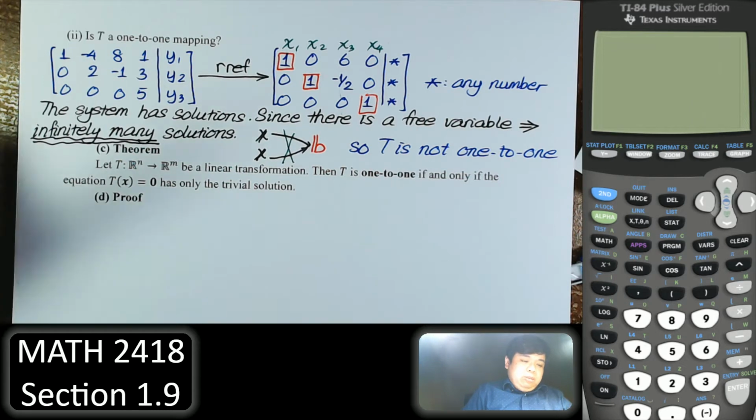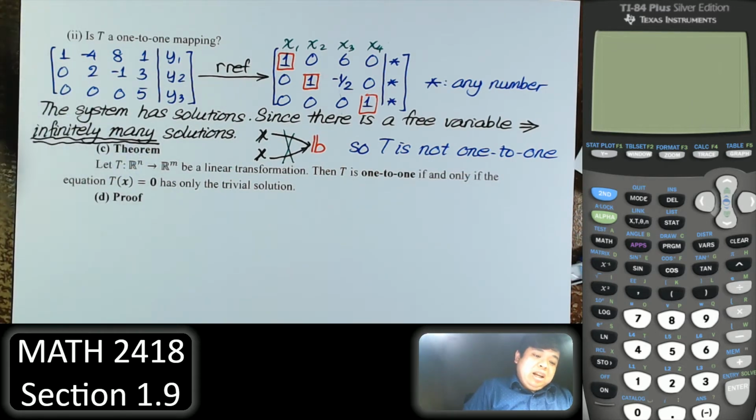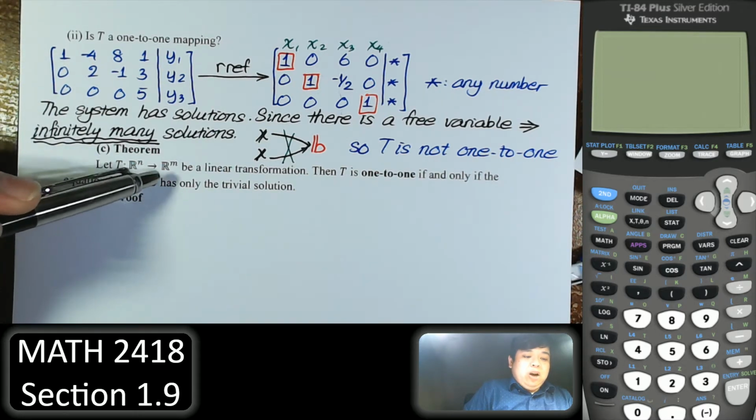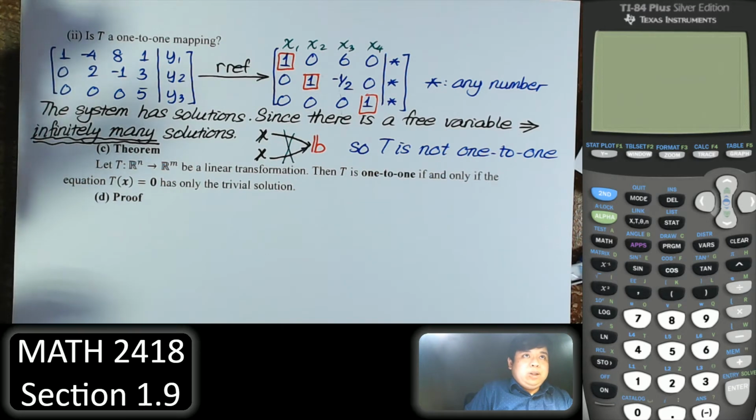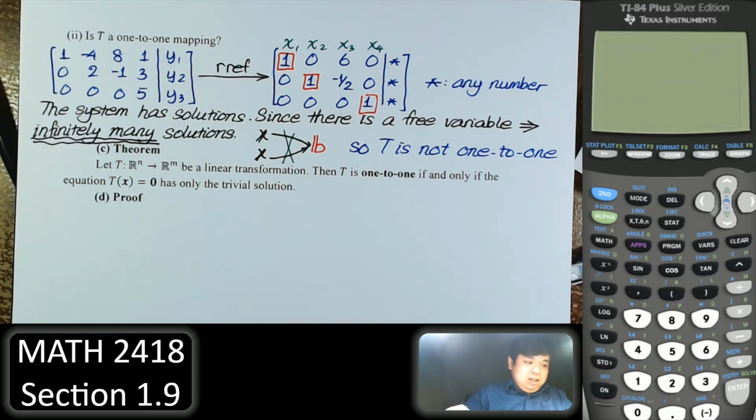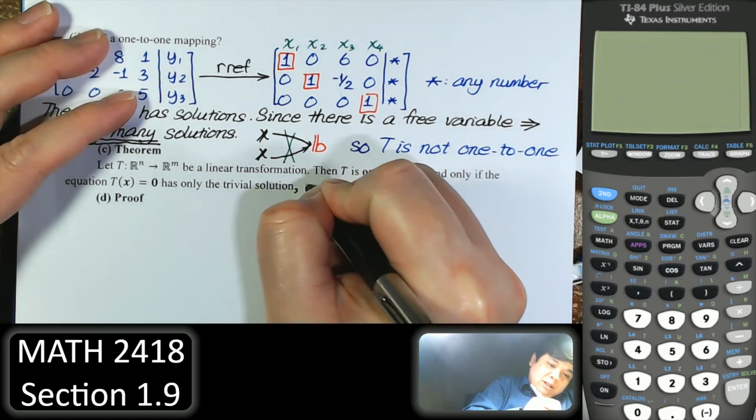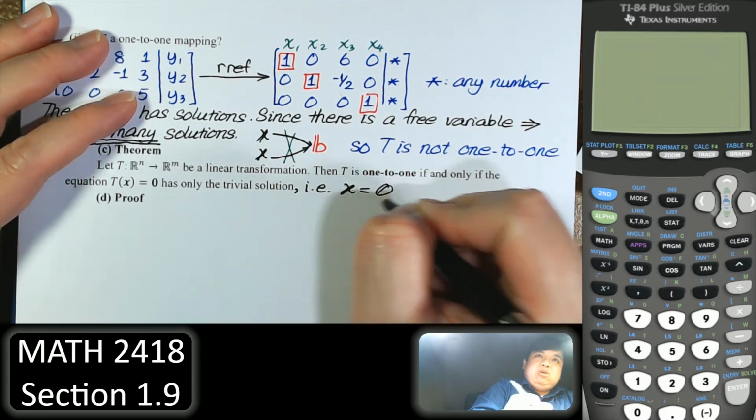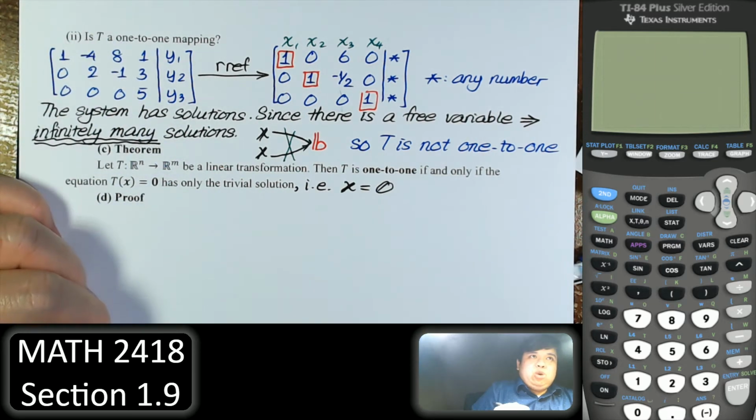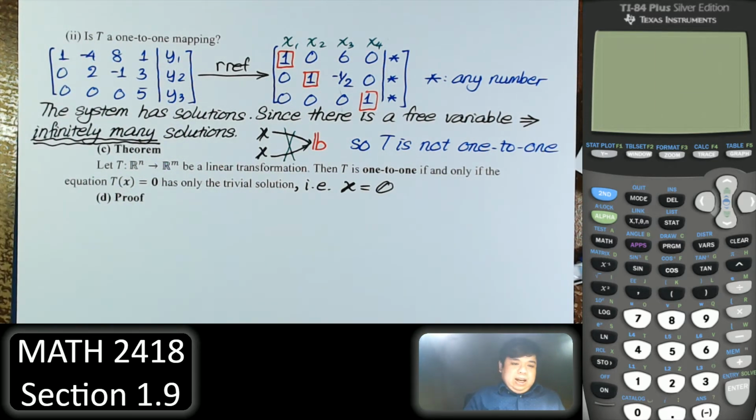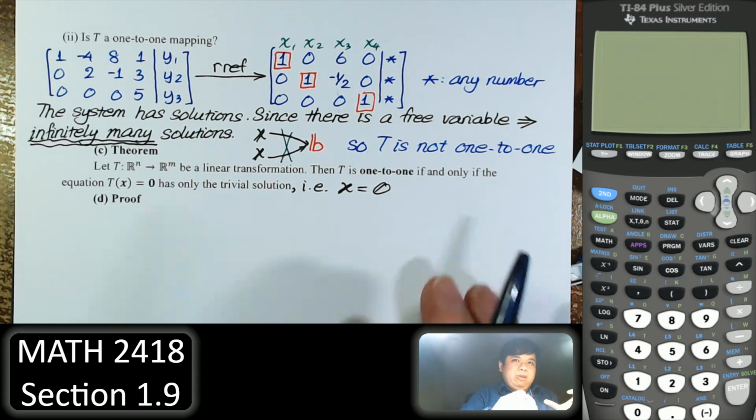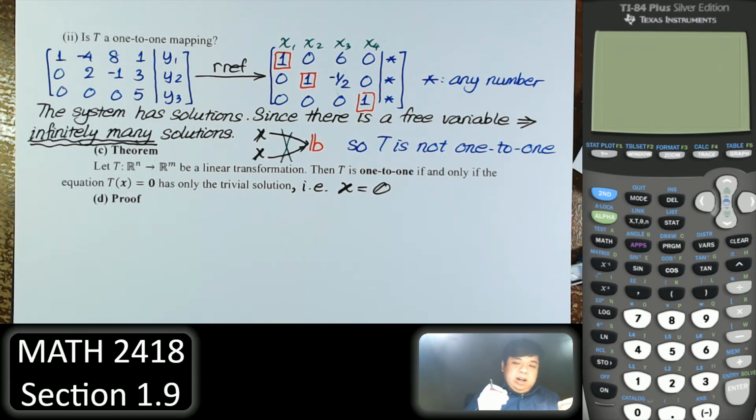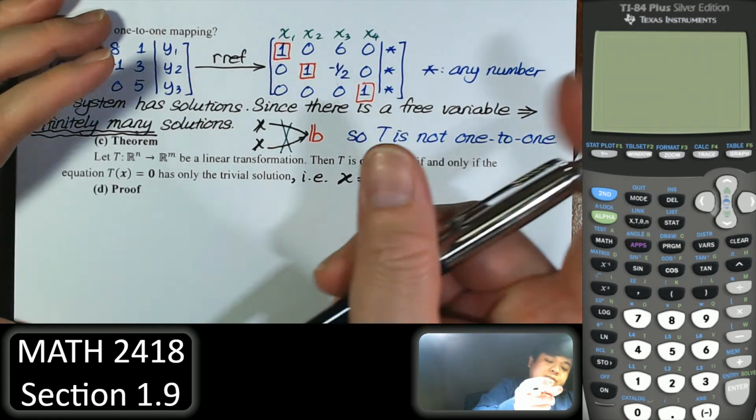Now, a theorem. Let T from Rn to Rm be a linear transformation. Then T is one-to-one if and only if the equation T of x equals 0 has only the trivial solution, meaning that x must be equal to 0. Of course, the zero vector is the trivial solution. Now, I'm not going to write the complete proof, just one side of the proof, simply as this. Now, suppose